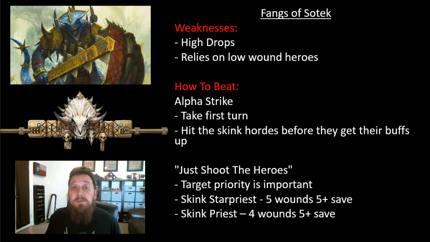And it's an automatic buff. He just points his staff to him, and now they're doing mortal wounds on 6s to wound. And so if you can take him out, that will be your priority target. It's only 5 wounds on a 5-up save, so it should be fairly easy to take that out. Now, I know I've just mentioned 2 things, Alpha Strike and just shoot the heroes. And that's really the best way to hit Fangs of Sotek early and hit them hard. If you can't do either one of those, then you're probably...